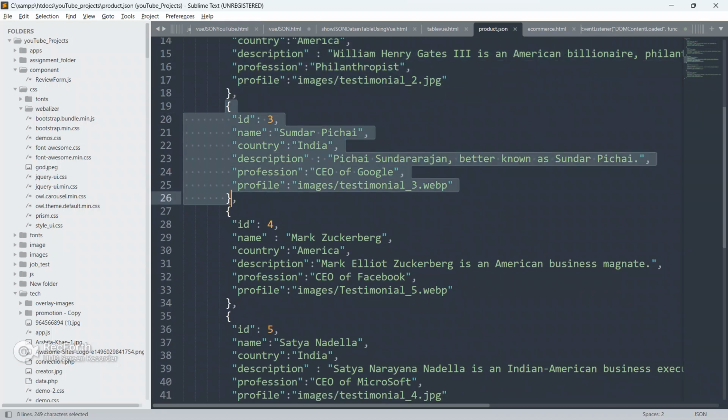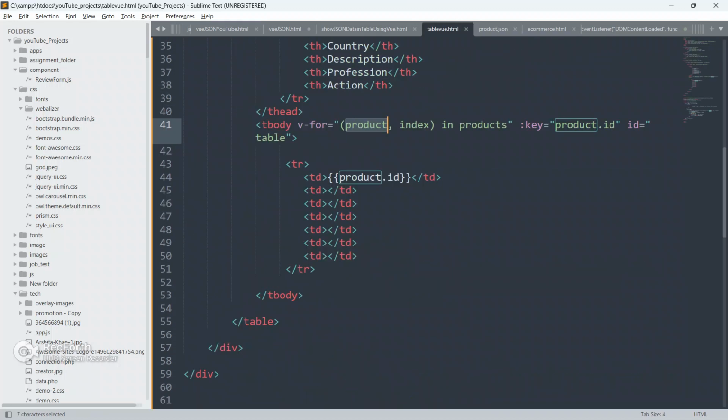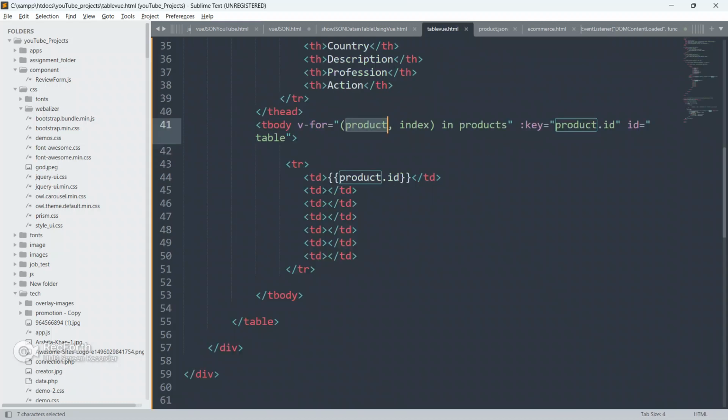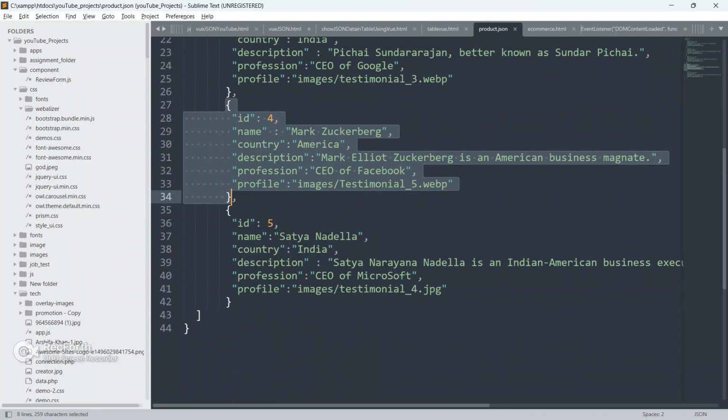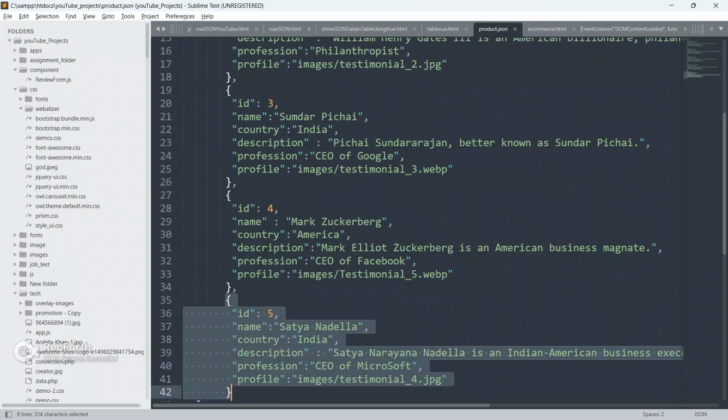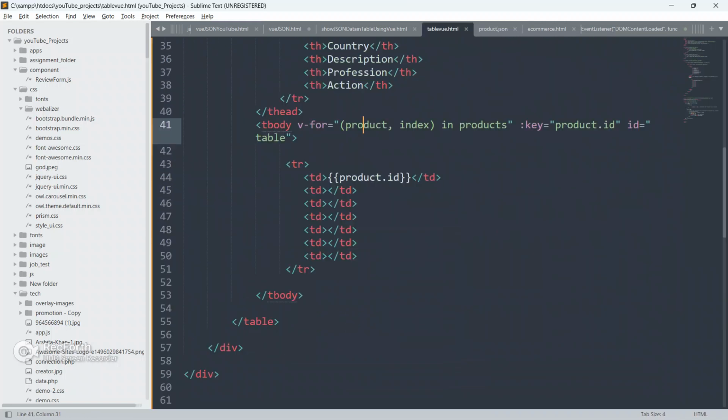Again, it will loop through the third element and store everything inside this product. Again, it will loop through the fourth element and store it inside the product variable, and again it will loop through the fifth element, which is the last element of the array or JSON file data, and store it inside this product variable.